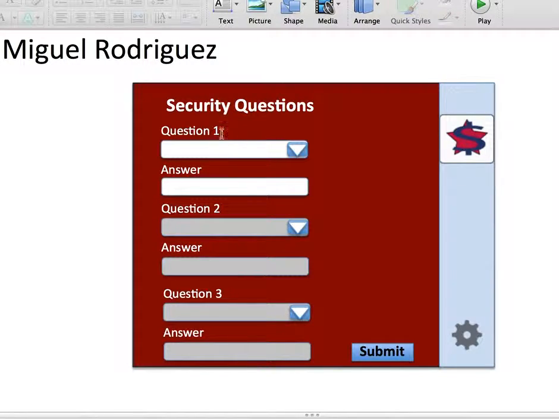So first he has to go with question one. When he answers question one, he goes to the second question, and sequentially until he gets the three questions and the three answers. So let's continue to the next